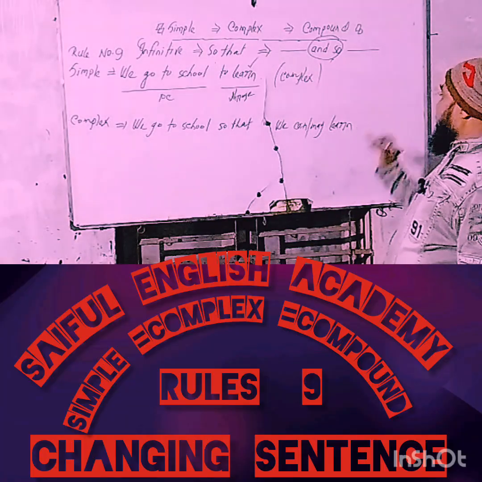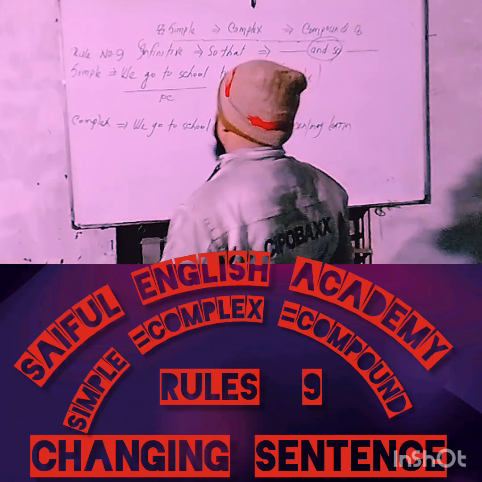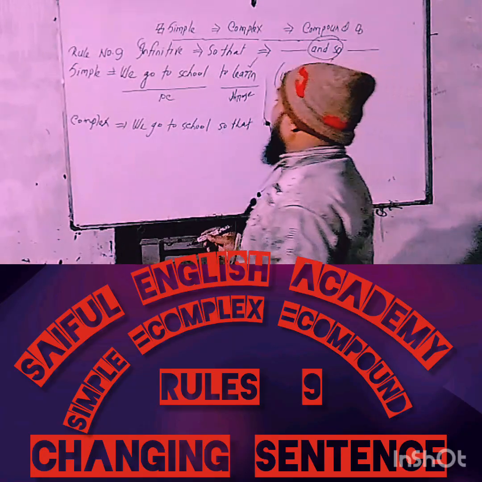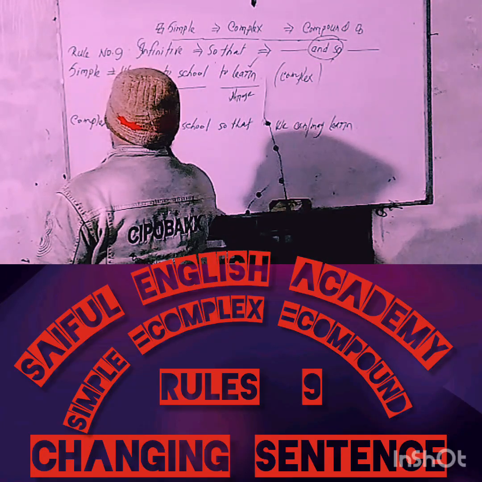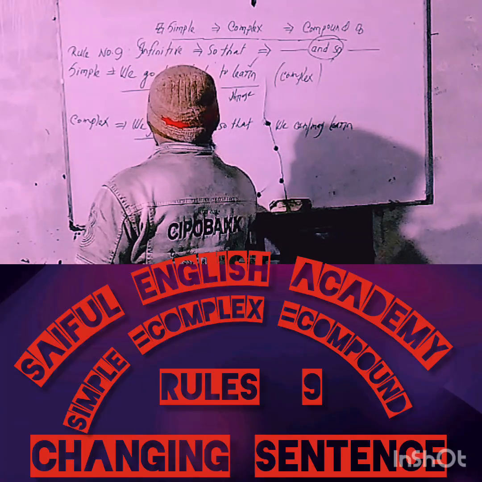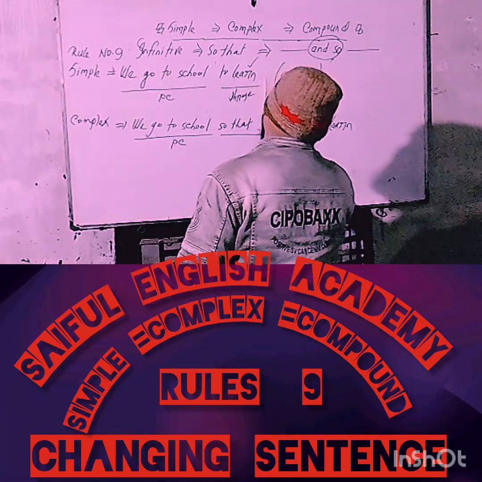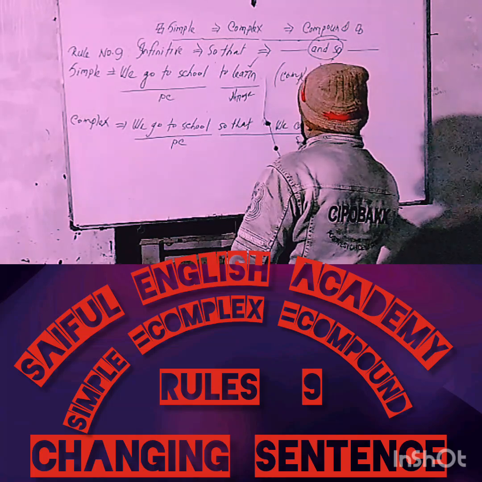Hope that you have understood clearly. Already, this simple sentence has been changed into a complex sentence because we can see that this sentence has two clauses. One principal clause, we go to school, and another part, so that we can or may learn, which is of course a